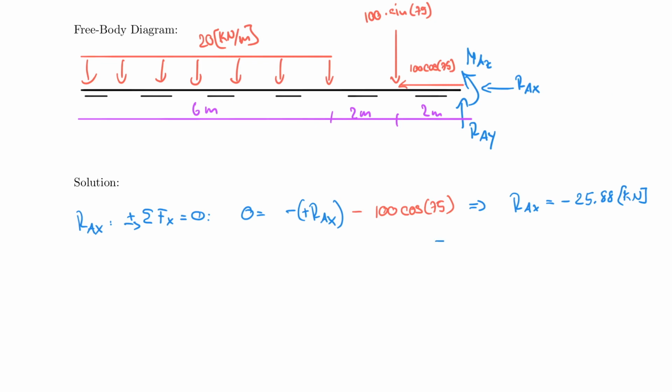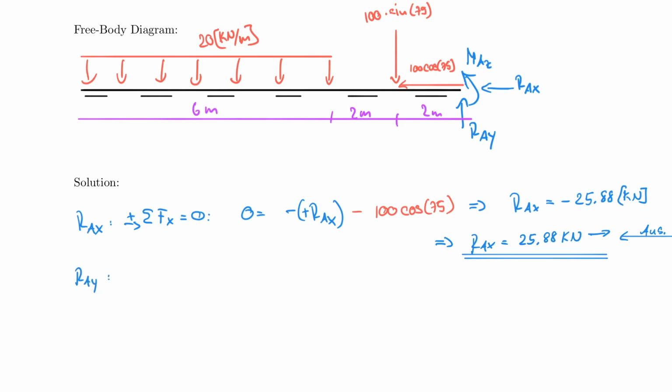So in other words, my RAX is equal to 25.88 kilonewton to the right. And this is really my result. So this I can now double underline and also use my answer arrow. And I can move on to my RAY,